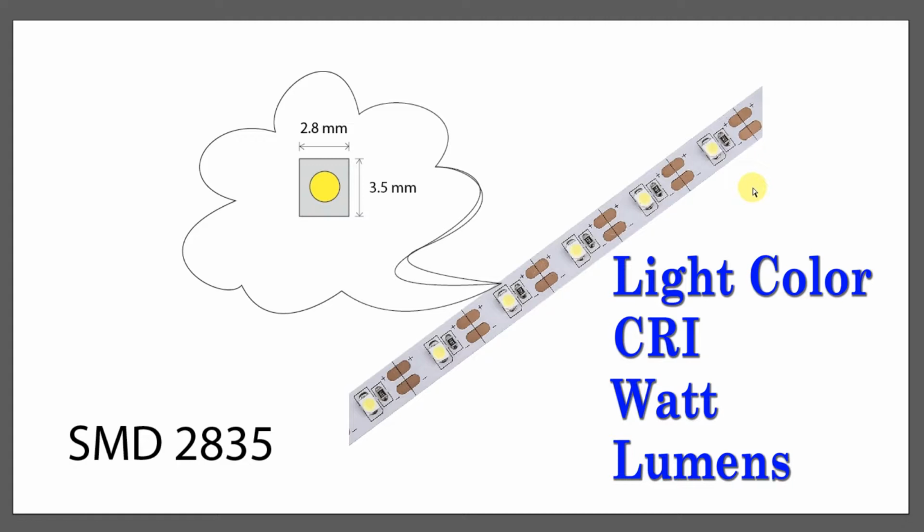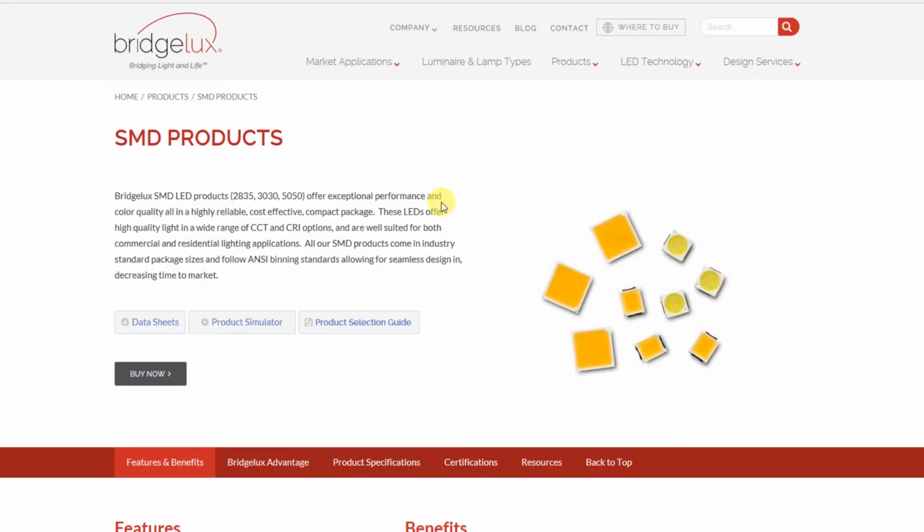Just ask the model number of the LED chip to your supplier or manufacturer, and then search in Google for the detailed datasheet and check. Suppose your manufacturer is using BridgeLux SMD2835 for cool white color light with 80 CRI. Then according to your requirements, your supplier offered you SMD2835, and this is the official website of BridgeLux, and BridgeLux can supply you